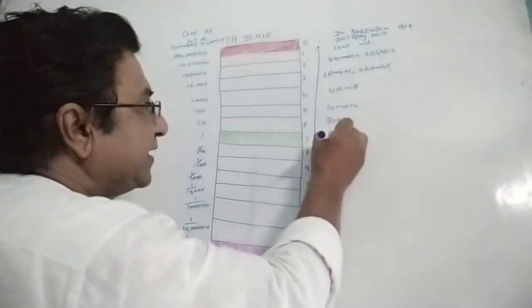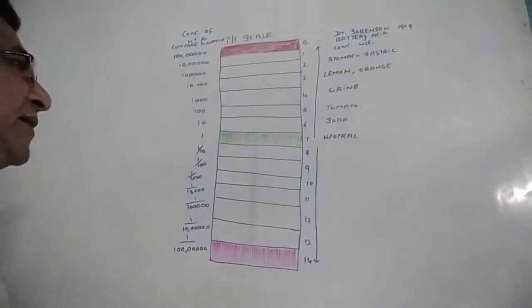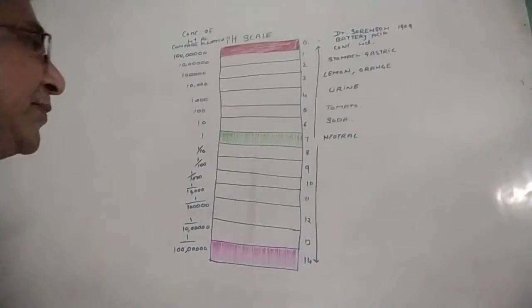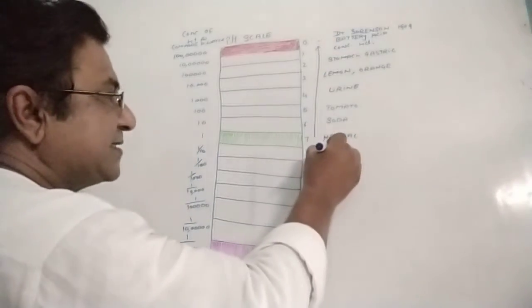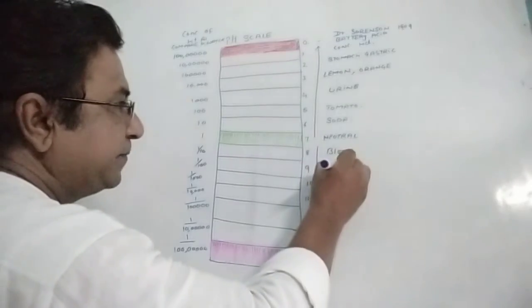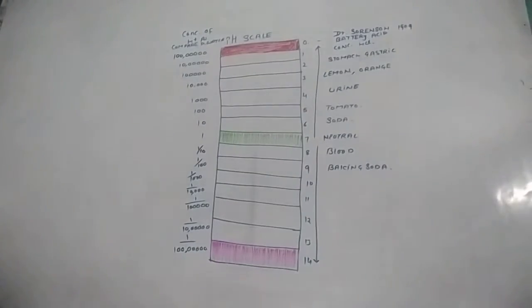Now 7 is a neutral solution. It is neither acidic nor basic, so the green color will be shown by the pH indicator. But as we move further, the pH increases, and that simply means the solution is more basic, not acidic. Blood has a pH of about 8, so blood is a little alkaline in nature, correct? Then we use baking soda at home, which has a pH of about 9, right? Baking soda is used for making cake, you always remember that, right?